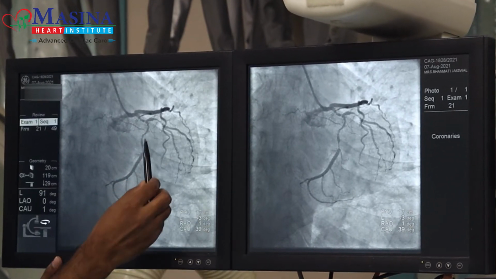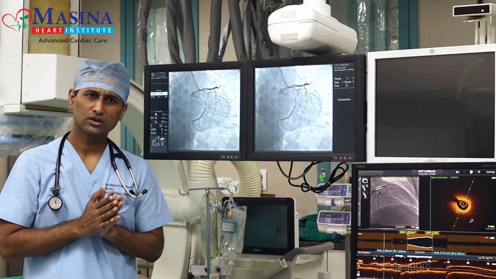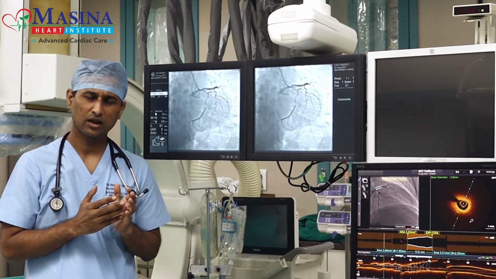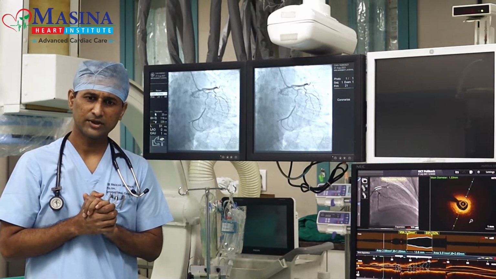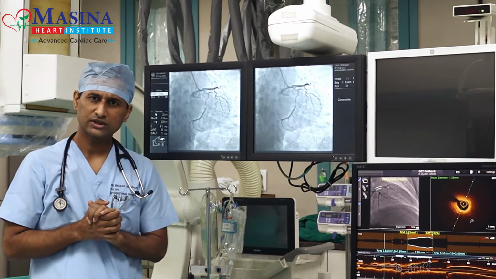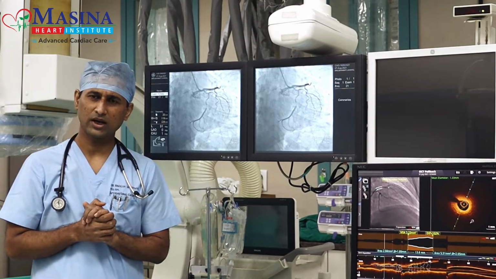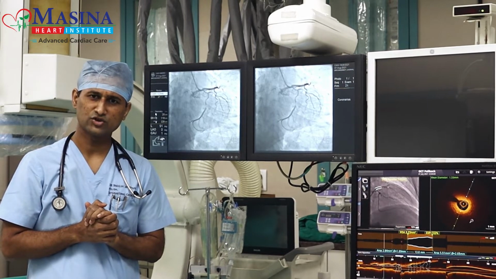In the angiography, we know the criticality of the block, but we don't know what the plaque is made up of, what its characteristic is, whether it is very hard, made up of calcium and fibrosis, or soft, made up of only lipids, and based on that outcomes differ. So do we have a technology which will tell us the composition of the plaque, and based on that we plan our strategy to give good outcome in angioplasty?